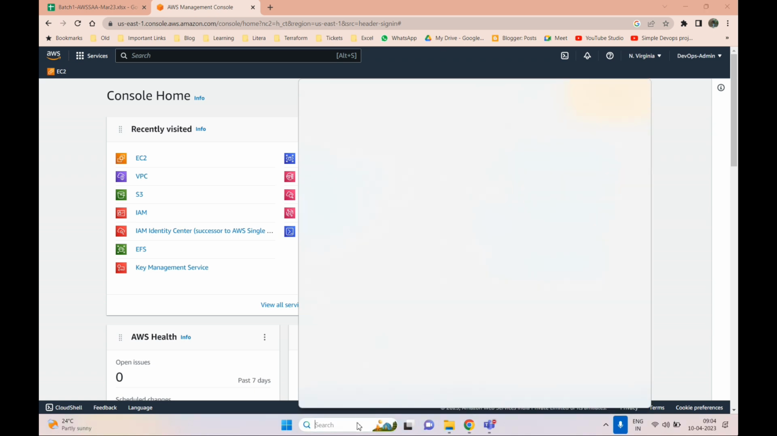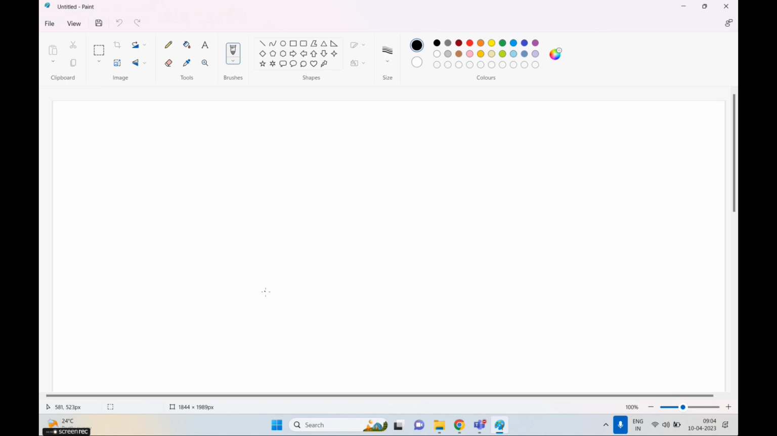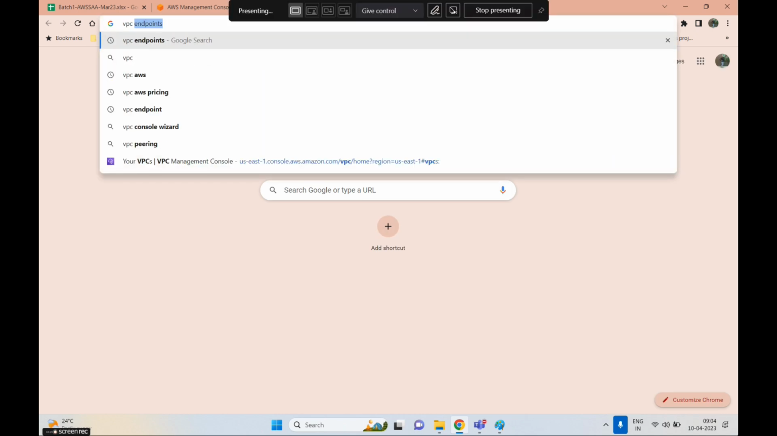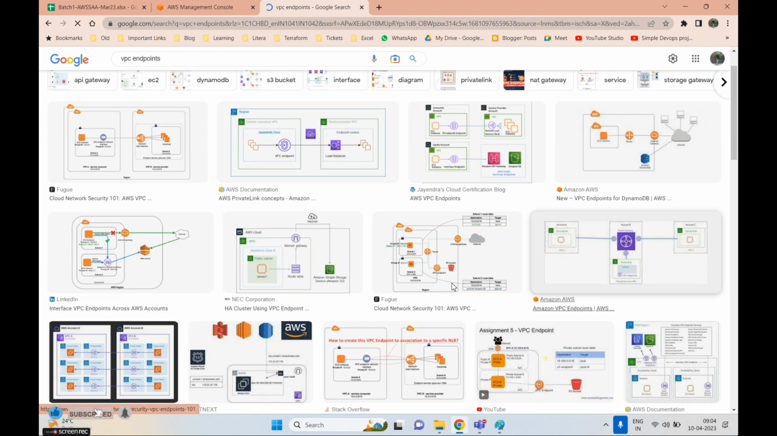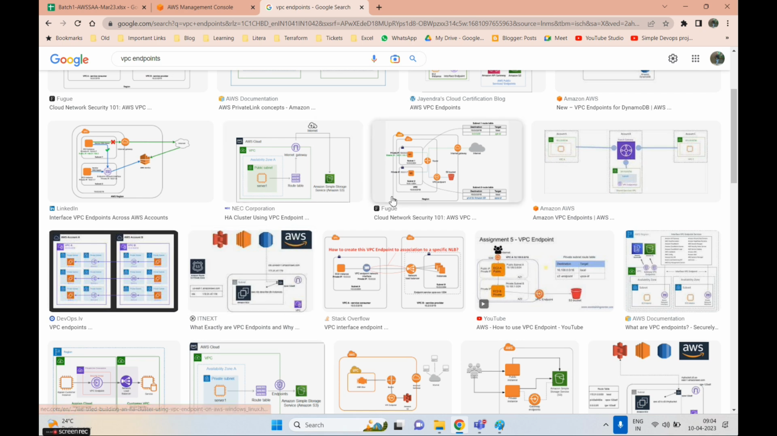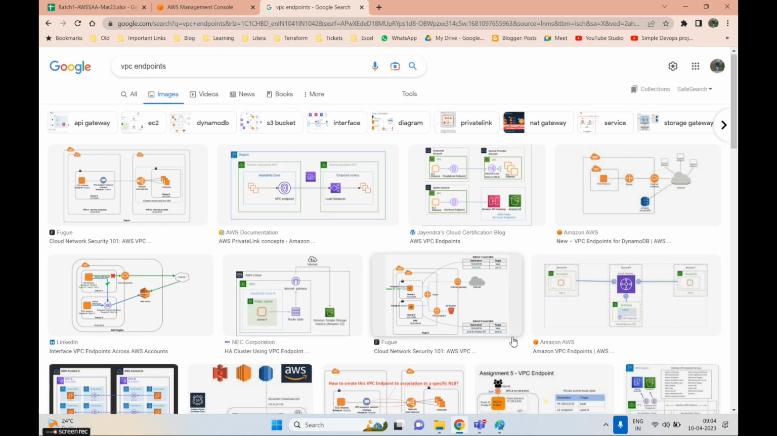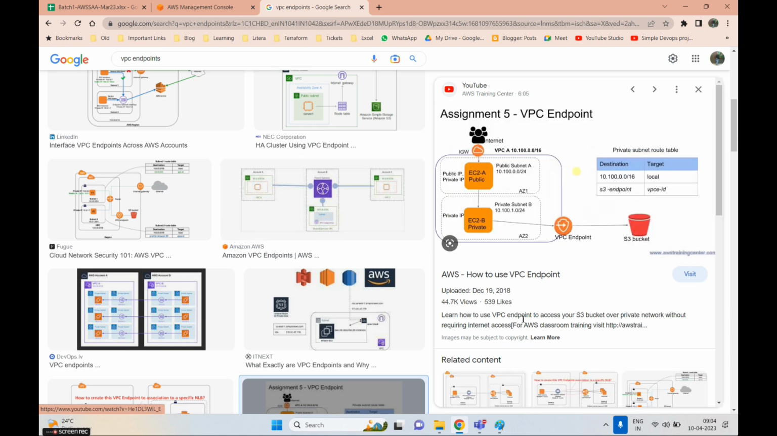VPC endpoint. Now, any idea about what is VPC endpoint? No. Okay, so we have done something already. Exact diagram, where is that? Yes, this one. See, what we have done,